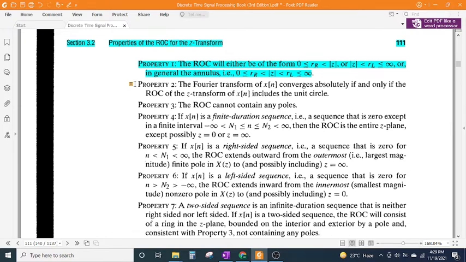Property 2. The Fourier transform of x[n] converges absolutely if and only if the ROC of the Z-transform of x[n] includes the unit circle. Property 3. The ROC cannot contain any poles. Property 4. If x[n] is a finite duration sequence, i.e., a sequence that is zero except in a finite interval -infinity < N1 <= n <= N2 < infinity, then the ROC is the entire z-plane, except possibly